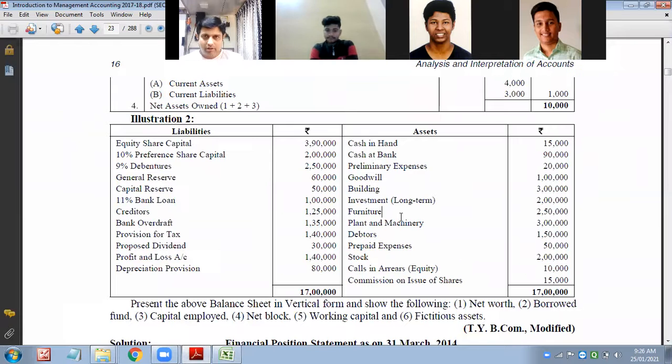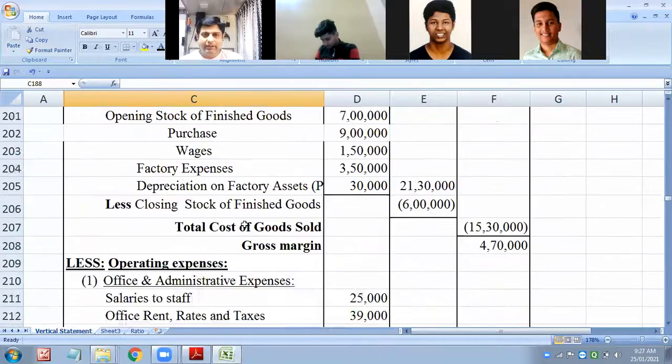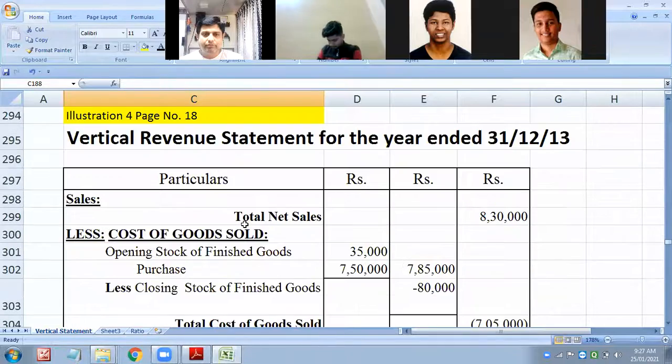Now put in your notebook and get me your shareholders fund one by one. First get me the answer of shareholders fund, then we'll proceed further. Only those which are part and parcel of shareholders fund, we will take up. So kindly draw the format. As it is the first question, I will assist you to solve it as I did in the revenue statement also.